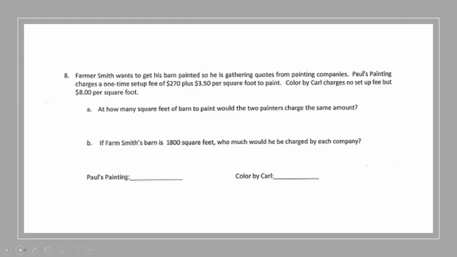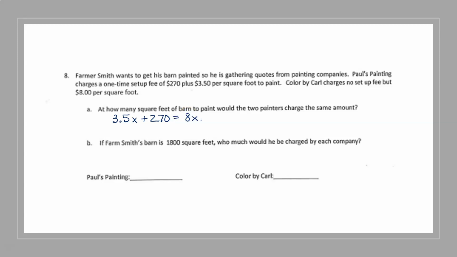At how many square feet of barn to paint would the two painters charge the same? So we need one side is Paul's, one side is Carl's. So Paul's charges $3.50 per square foot. We're going to make X the number of square feet plus 270, and Carl is 8 times the number of